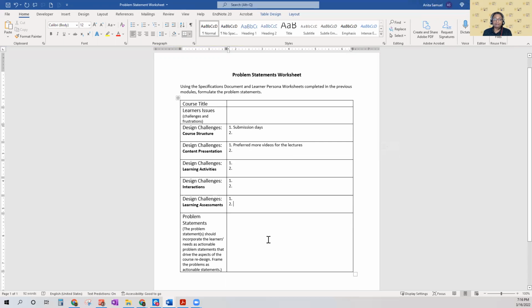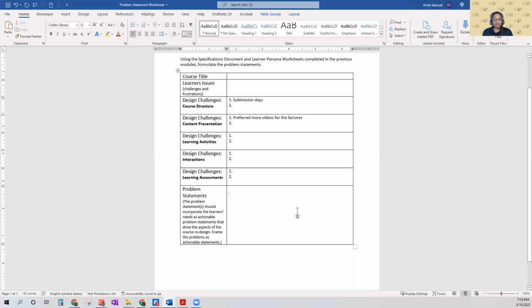Now, if you remember, there was a lot of comment about the navigation itself, right? Now, the navigation could go into course structure because it's the course organization and layout. So you could put it in course structure or content presentation. It would work in both places because it's the navigation part of it. So those are the challenges, and I'm just breaking it up into these particular sections. If there were no challenges that anyone mentioned, then you can say that in these particular aspects, the course seems to be working the way you expect it to, and hence there's nothing to report over there.